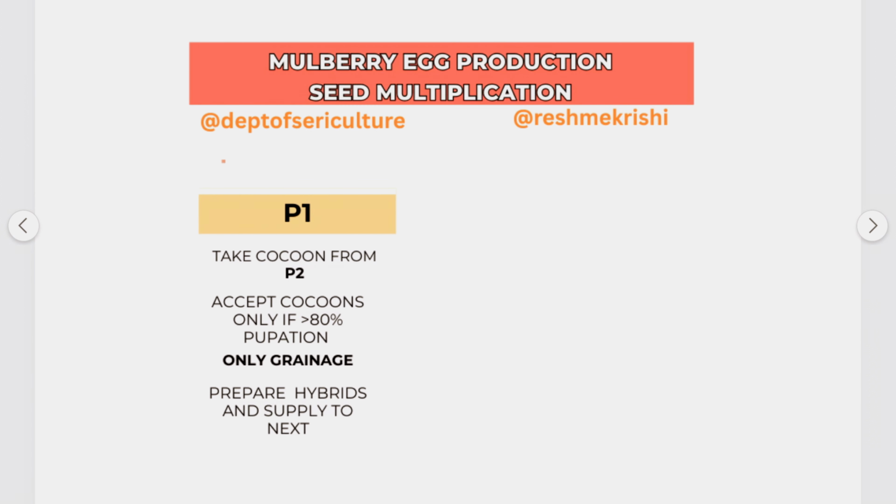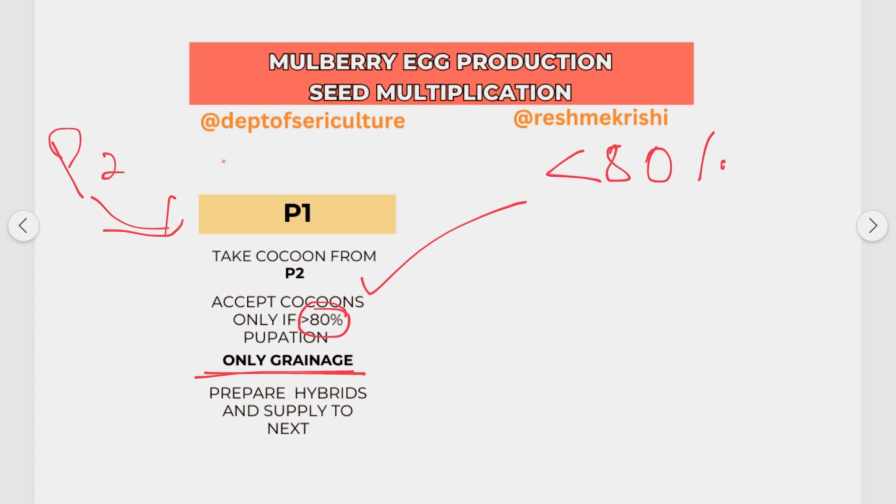Then comes the P1. Here P1 receives the cocoon lot, not the seed, and they check the pupation rate. Only if it is more than 80% is the cocoon lot accepted, and they perform the grainage operation. If it is lesser than 80%, then the lot is rejected and sent to the commercial market. So here P1 only does grainage,